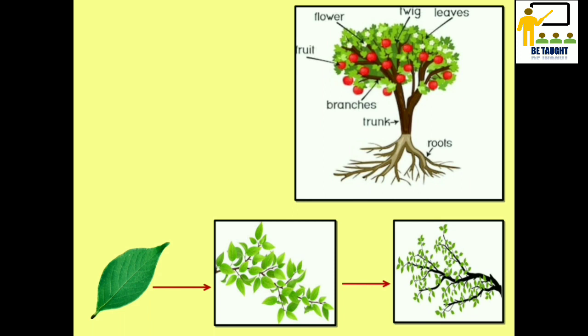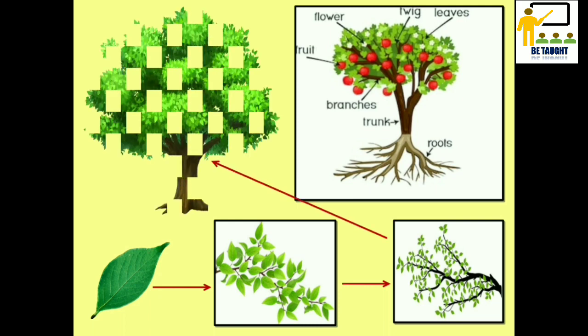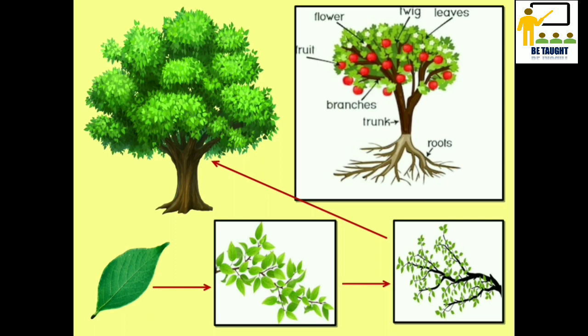How many big branches does the trunk of the tree have? The trunk of the tree has 2 to 3 big branches. To be complete, a tree must have several components such as leaves, small branches, big branches, a trunk, etc. As you can see in the picture. In the same way, our state too is made up of many settlements, villages, towns, talukas and districts.